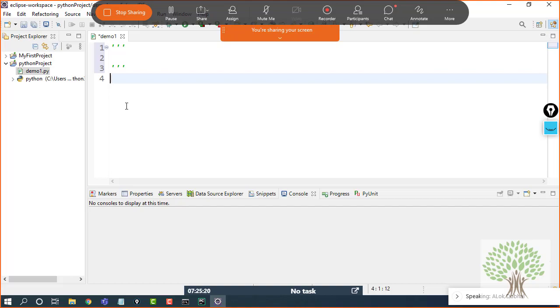Okay, no problem. We'll continue with PyCharm in the course throughout so that you can learn more about PyCharm. But for the sake of information, I'm just telling you how PyCharm and Eclipse will be different from each other. The same way I had done in PyCharm, I have given a print statement. Same way I'm going to give it in Eclipse as well. First module in Eclipse. So this is done.